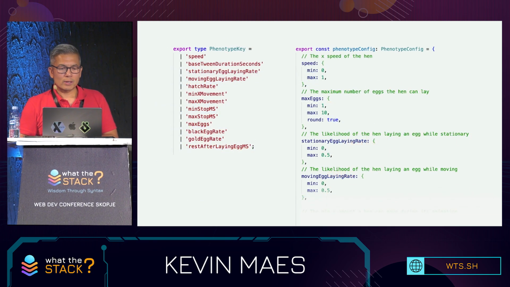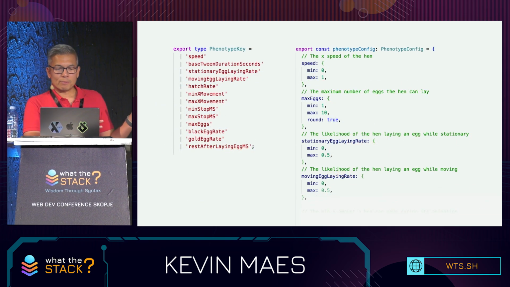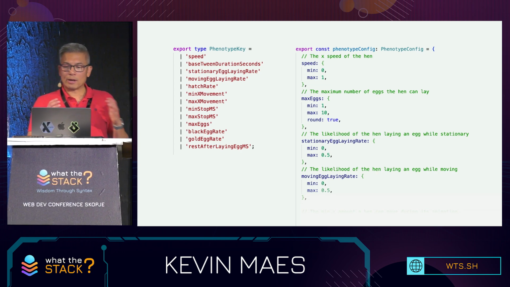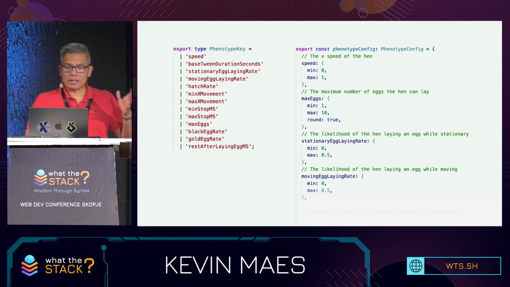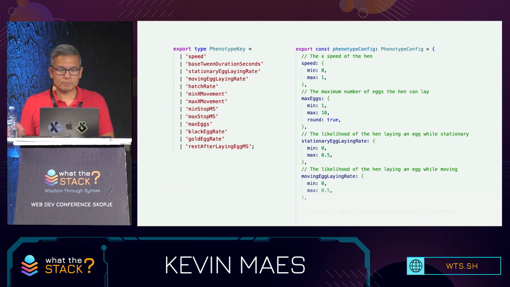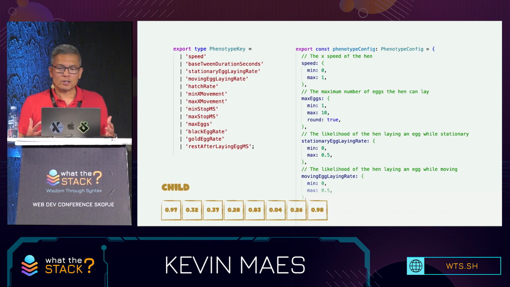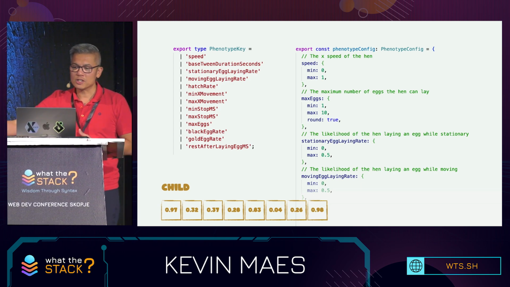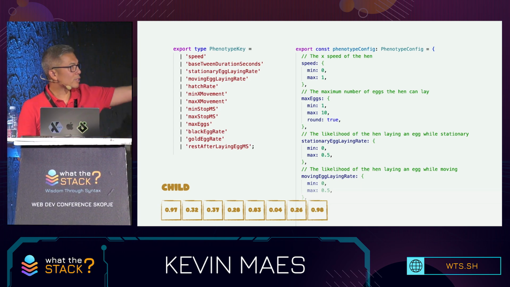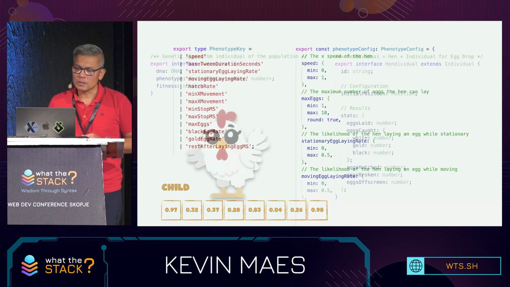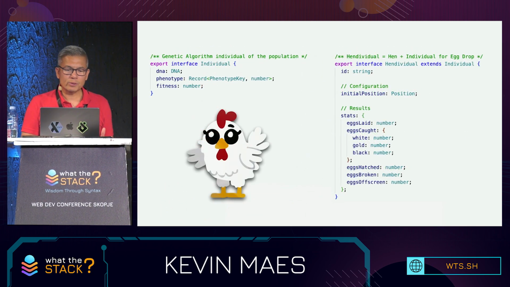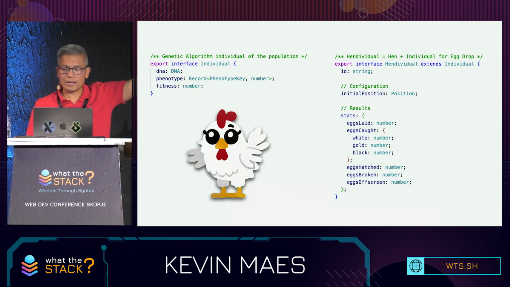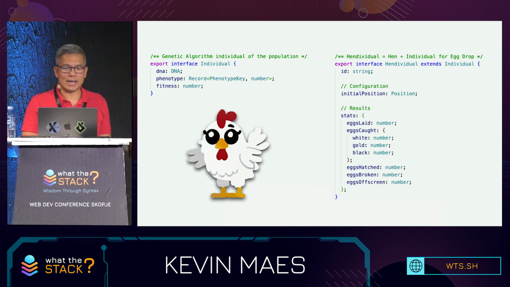Because our values are separate, we can change our mind about what those characteristics are, and we can also set appropriate value ranges for these numbers, and even meta instructions like whether to round numbers. So for each new generation, we calculate the phenotype by multiplying the genotype by the phenotype values within range for each individual. And we can reuse this setup in any application. OK, it all starts to come together for our individual. On the left, you see we have DNA, phenotype, and fitness. And on the right, we have specific attributes for this hen.